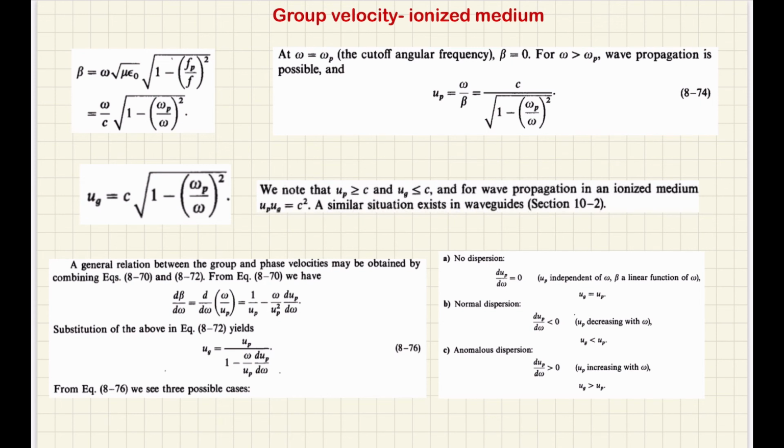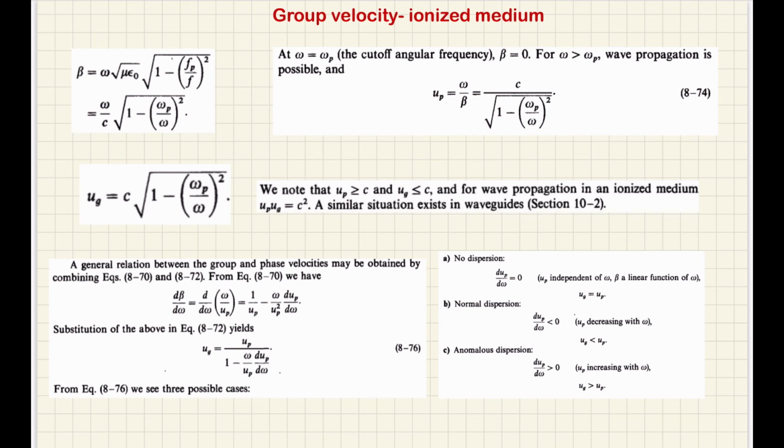Now we can also derive one general relationship connecting the group velocity and phase velocity. So you start with d beta by d omega, and you substitute for beta omega by up, and you differentiate it, and so you can play around and find out this expression for the group velocity and how it is connected to the phase velocity. Okay, so according to this relation, you can have 3 different cases, 3 different possibilities when the medium is